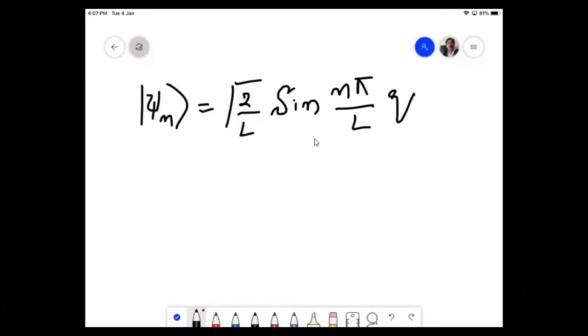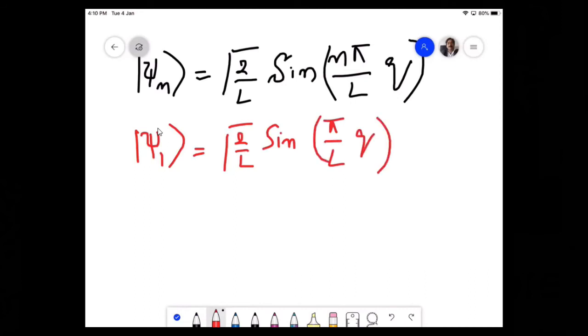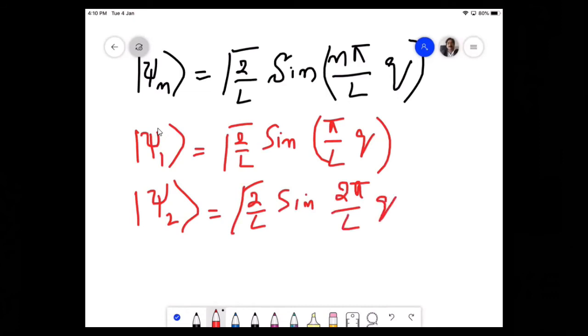q ऐसे ही है ना, ये हमने वैल्यू फाइंड की, साइन स्टेट फंक्शन ऐसे ही है। यस सर ऐसे ही है। ये हमने साई एफ लिया, उधर हमने साई एच लिया था, जो पहली स्टेट है, ठीक है। जैसे हमने कहा 2/L साइन पाई ओवर L q आ जाएगा, और इसका मैक्सिमम तो हमने निकालना है। साई 2 लेना है तो हमारे पास 2/L साइन 2 पाई ओवर L q आ जाएगा, ऐसे ही है ना।